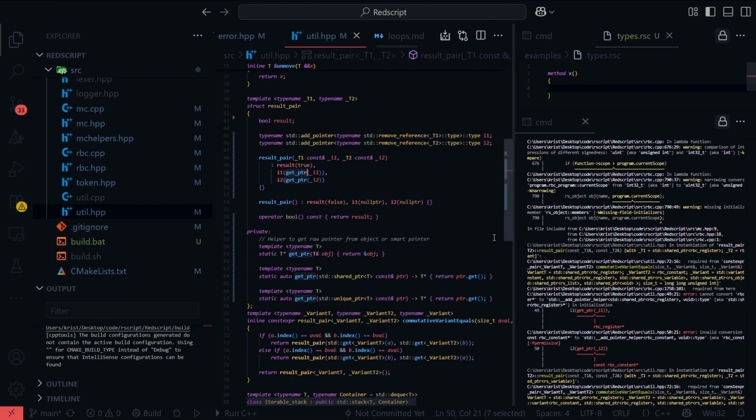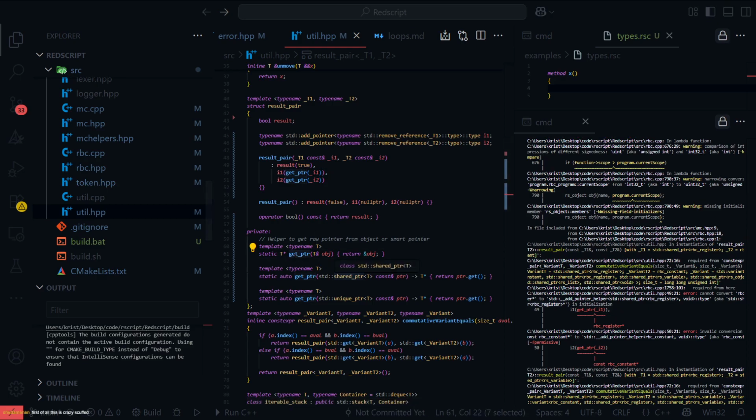So it just uses some private get pointers. This is what GPT gave me because my struct was fine before this. This is all crazy scuffed. Well, what would you do? I don't know. It's the solution I came up with. The code for result pair is definitely scuffed. I didn't write a single word of this. I just thought it would fix it because it was just warnings.